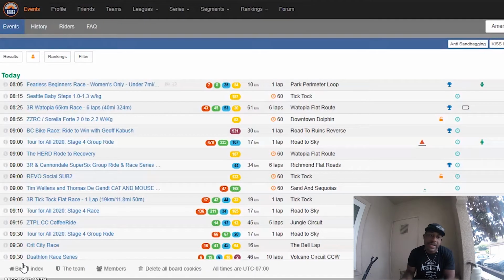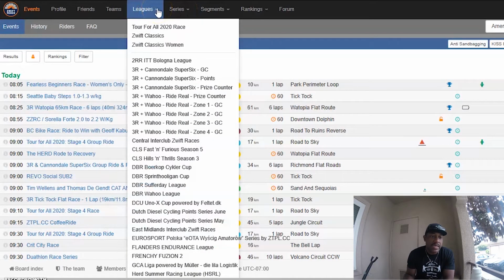All right, so as you guys see on the screen, I have the Zwift Power up as usual. And what I want you to look at again is the top part, the dark gray area. We're going to look at 2 tabs specifically: first leagues, and then series. So let's just click on leagues to get this started. As you see, the current league going on right now is Tour